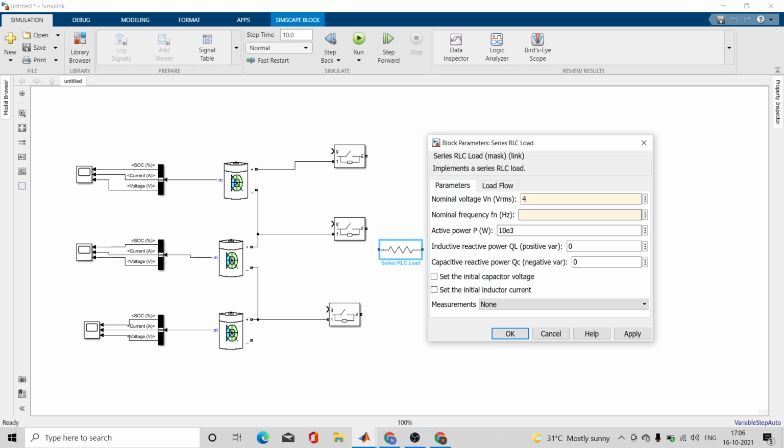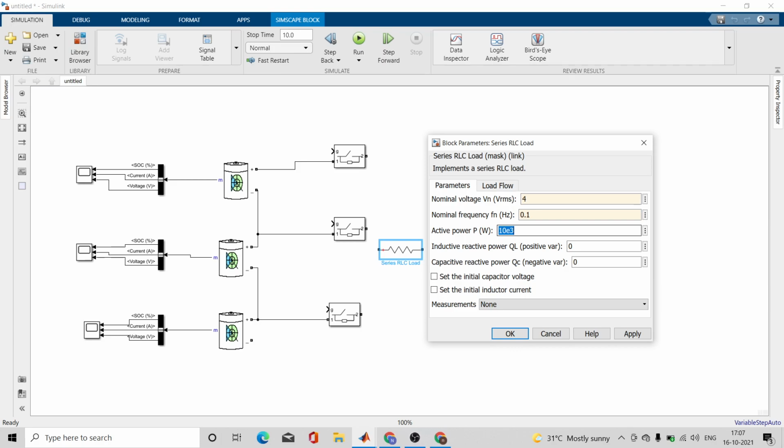But if I put a 0 over here, it will not configure properly. So here I will put a random frequency of 0.1 hertz, which is very less. Why am I doing this? Because if I put 0 over here, it will not work, because for the series RLC load model to work, I have to put some kind of frequency. I cannot put 0 over here, but I have to use it in this cell balancing technique. So you can put the minimal or nominal frequency as 0.1 hertz, which is near about direct current, right?